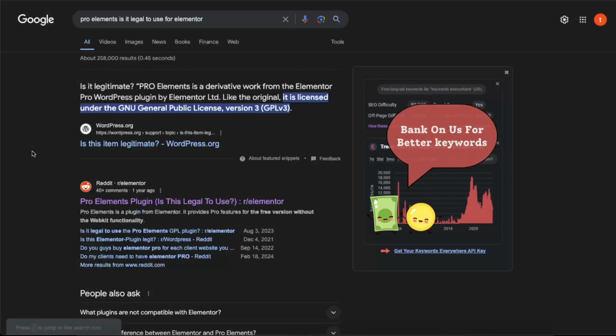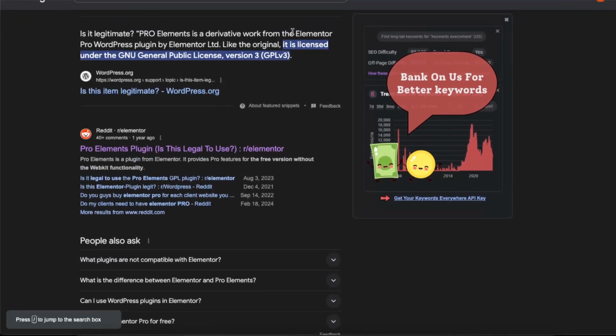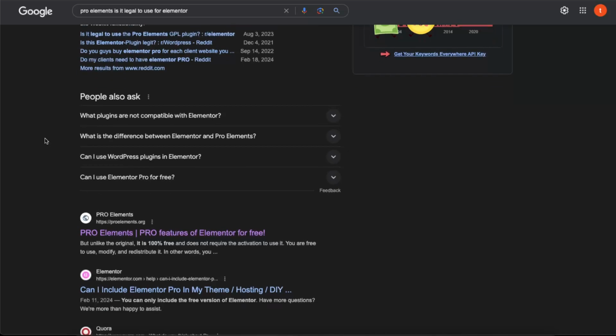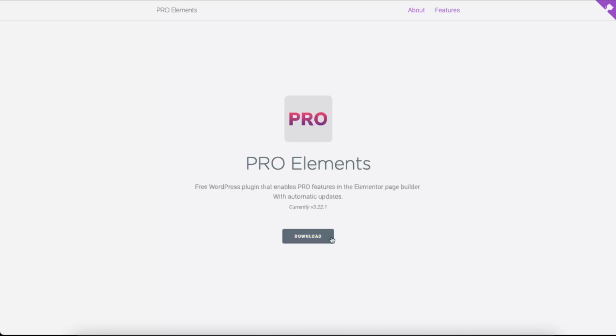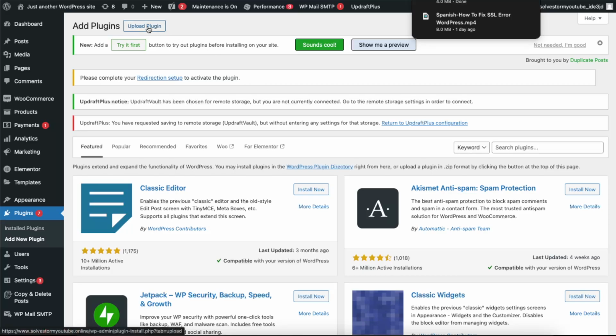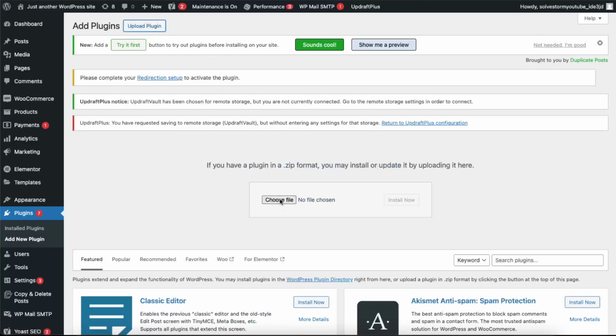What you want to do is write Pro Elements. Now, as you can see, Pro Elements is licensed under the GNU General Public License, so you can use it. You can just go to proelements.org, and here you can download this plugin. Now you go here, upload a plugin, choose a file from your computer, and click install now. Once it is installed, you will have some of the pro version elements in your Elementor editor,